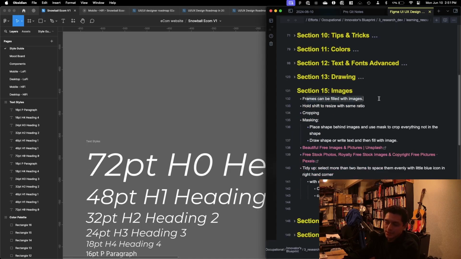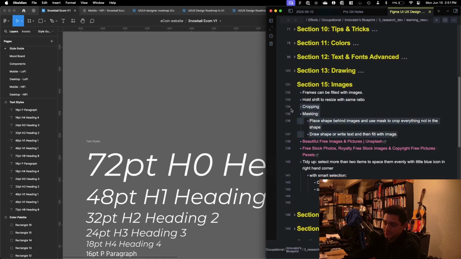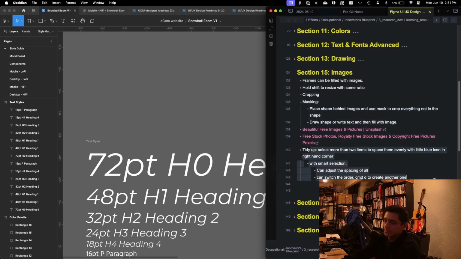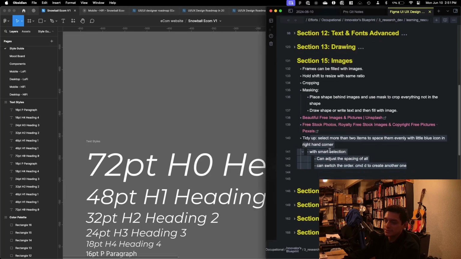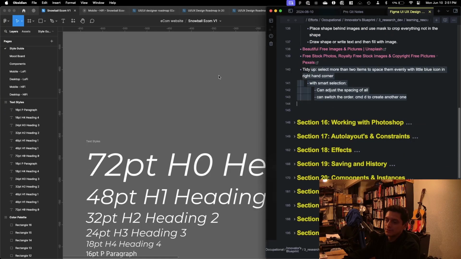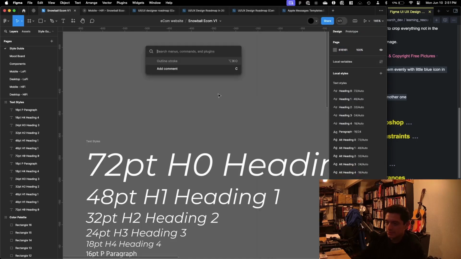Images, we learned how to just fill a frame with an image, which was actually pretty useful. How to resize it so that it keeps the same ratio. There's some cropping, some masking, that was useful. And then how to tidy up images. So if there's a bunch of disorganized images, just using smart selection, which is essentially, I think, just